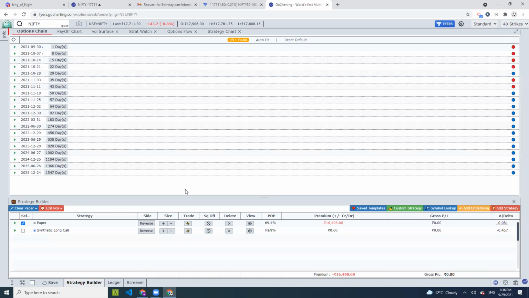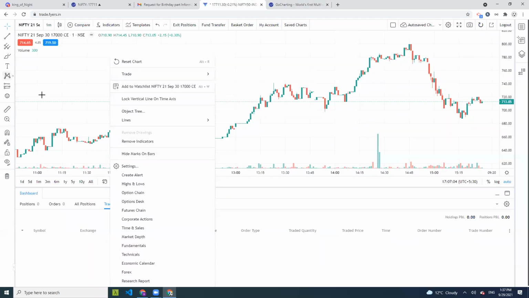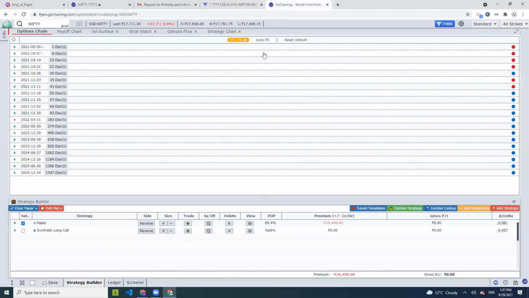Is it possible to show OI data directly on the chart price? So right now, this panel does not give you the price chart, right? For the price chart, you have to go to the FYERS panel, right? But maybe in the future, when we add the strategy chart panel, maybe we will allow you to do something of that sort.